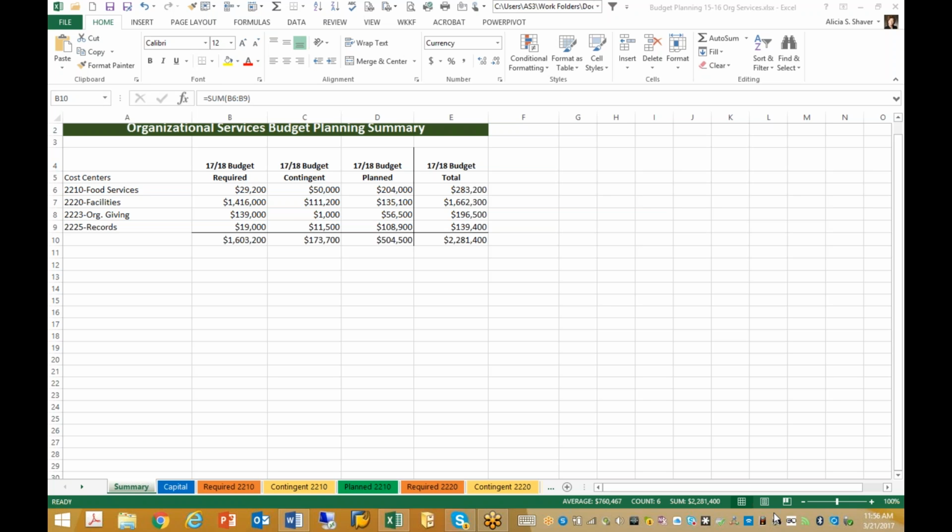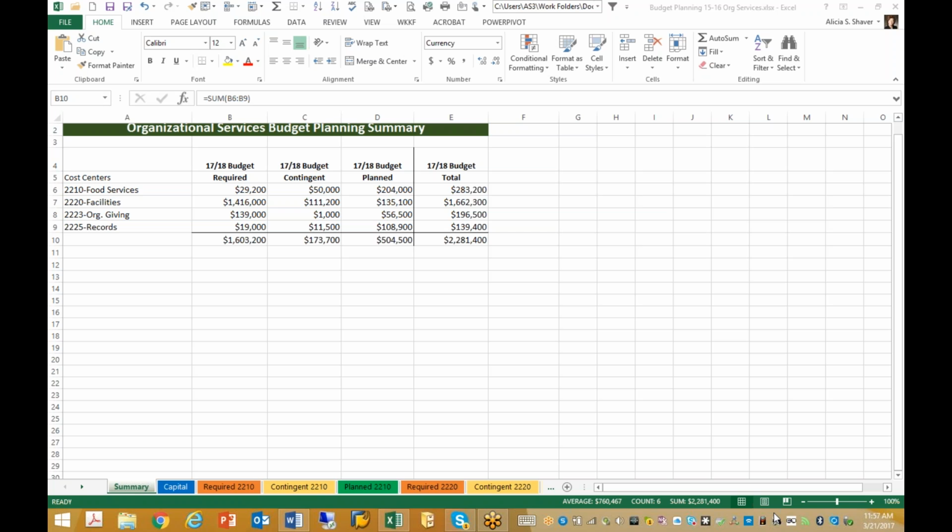Open Excel and open the file that contains the data whose pie chart you want to create. I'm currently showing you a worksheet that has the Organizational Services Budget Summary information. I would like to demonstrate with the pie chart how these cost centers relate to each other to create the total budget. The first thing that I need to do is select the labels that will go along the edge